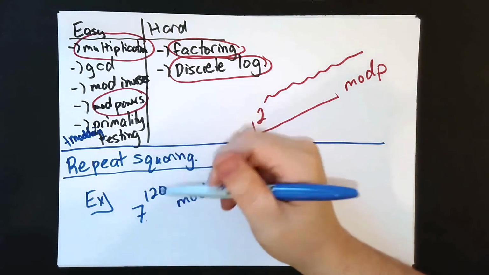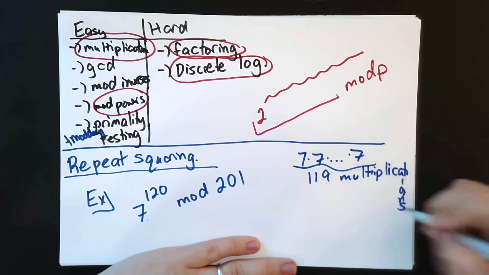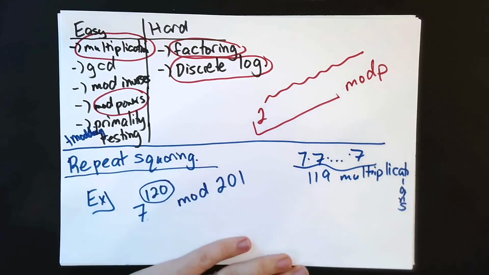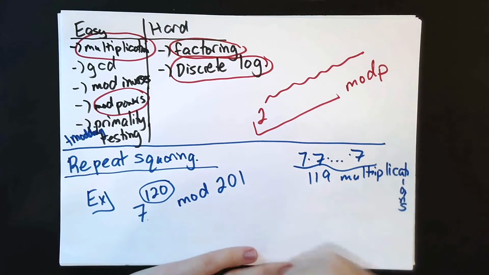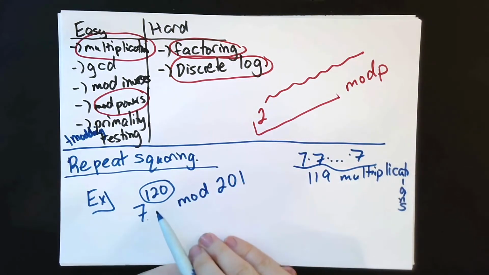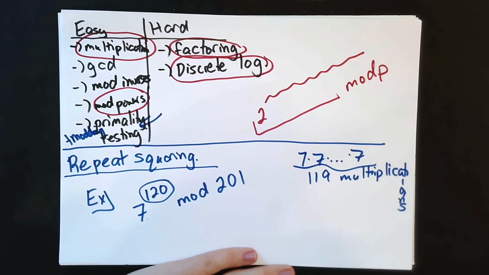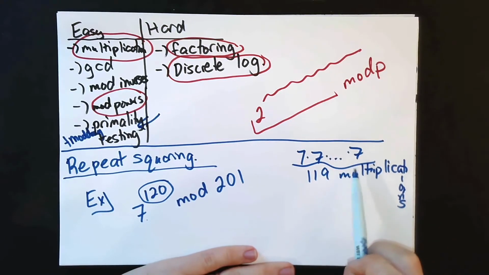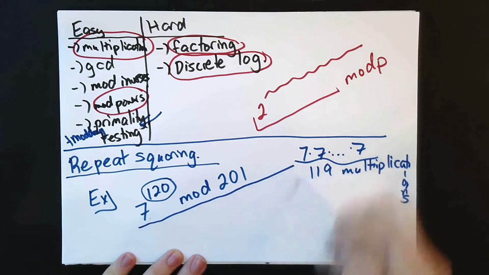The reason why I don't want to do that is because that would require doing 119 multiplications. And I don't want to do 119 multiplications in order to raise a number to this power, because that's going to scale very poorly with the size of this power. And preview, or reminder, the reason why we're talking about this is because our primality testing algorithm requires raising a number to a huge power to decide if a huge number is prime or not. So I cannot rely on something that's going to scale linearly with my number. So how are we going to calculate this in a much, much smaller